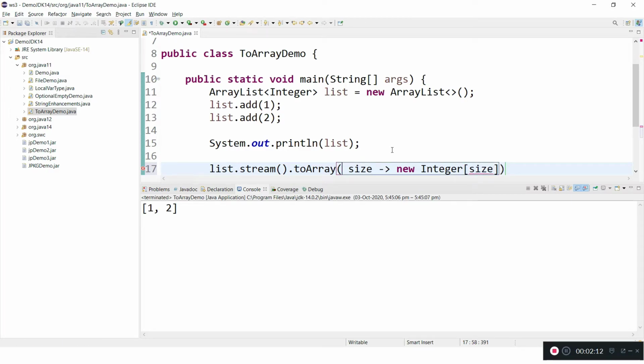This is how we can create a lambda expression or generator, we can say. This will create the array with this size dynamically inside the toArray, and toArray will convert the existing stream into an array of integers.